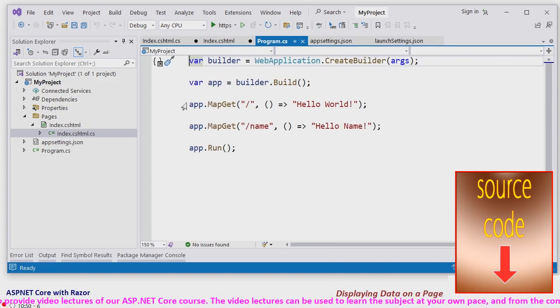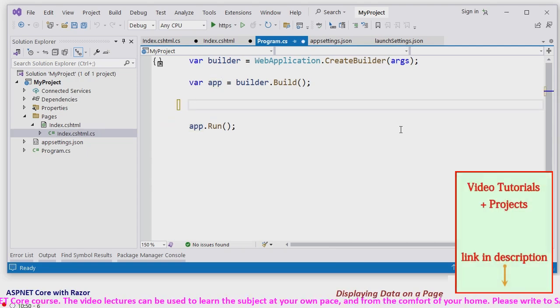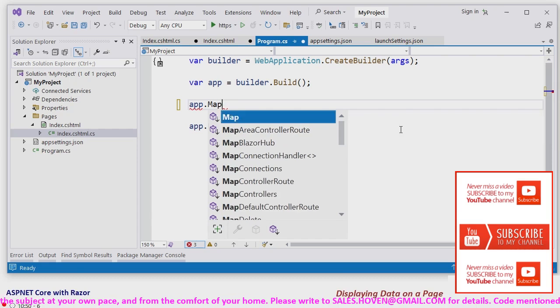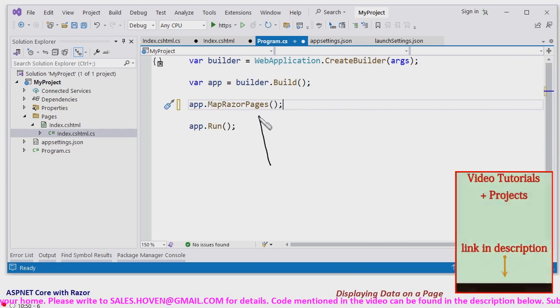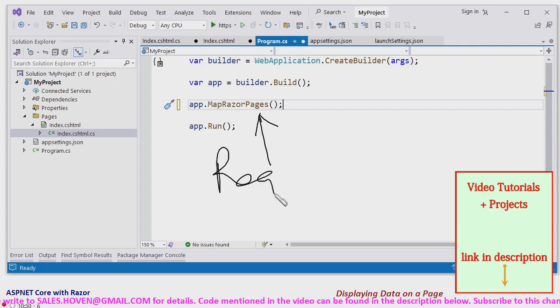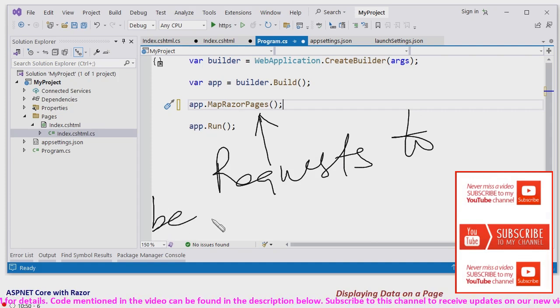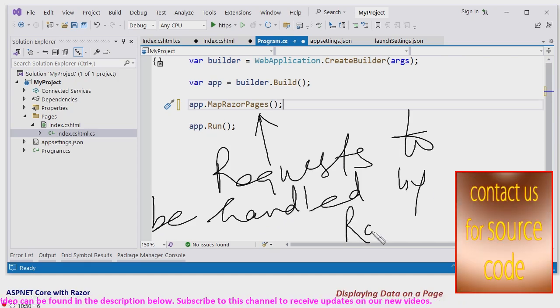Now we'll come to the program.cs file and remove these because the request is now to be handled by our Razor page. So we say app.MapRazorPages. This says requests are to be handled by Razor pages.